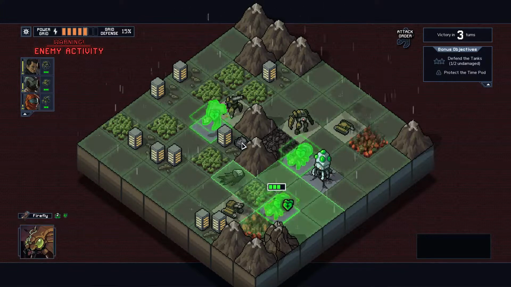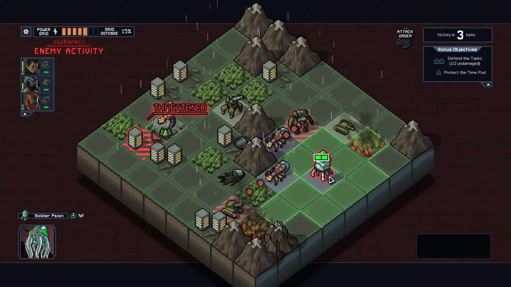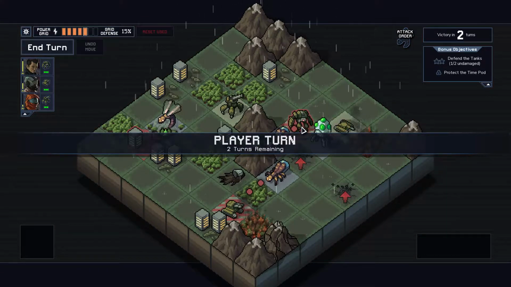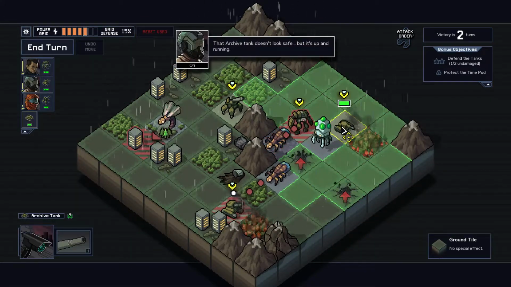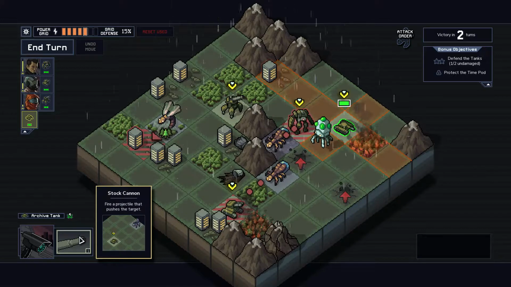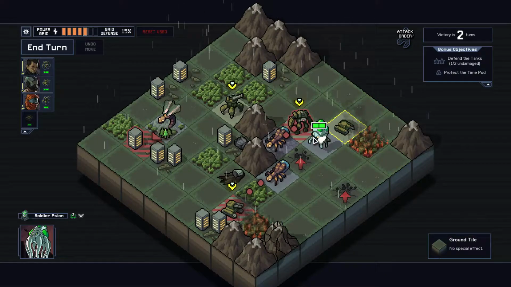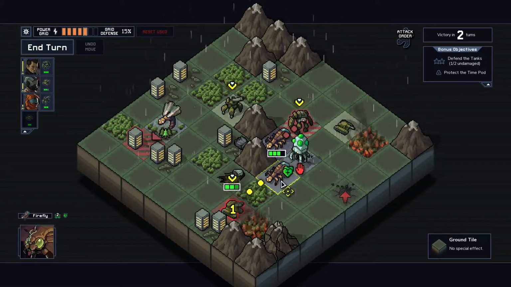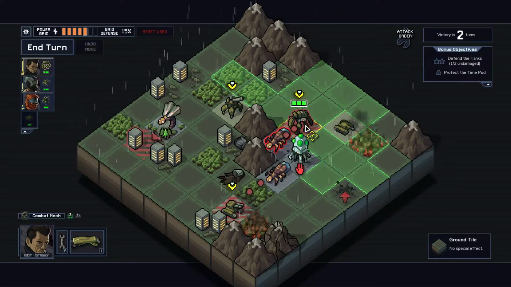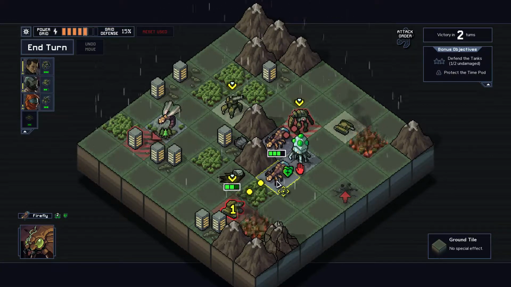Okay, so one tower goes down. Oh. Well, that's good to know. Fires a projectile that pushes the target. Well, let's shove him. He can't quite get as far as I want him to get. You can kill him. Or...